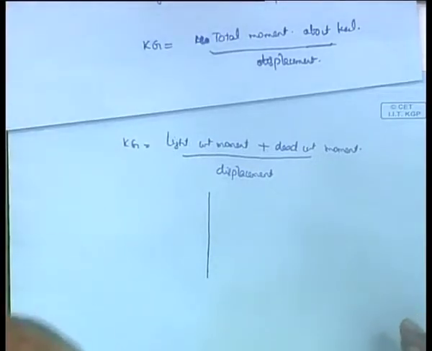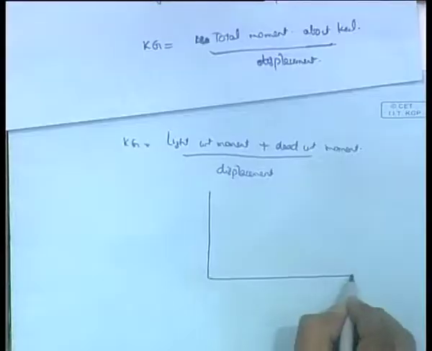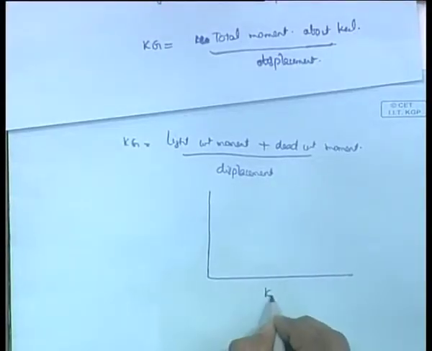We have to have some kind of criterion when we talk about dead weight moment. You say that you can increase the dead weight moment to some value, and if you increase it beyond that value, the ship starts becoming unstable, or maybe it is not unstable, but it is in the dangerous zone. So, usually you will see a drawing like this.